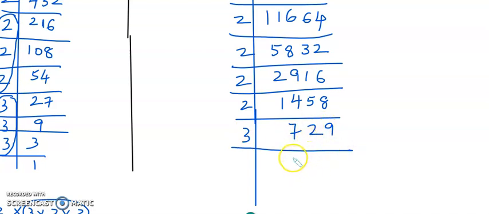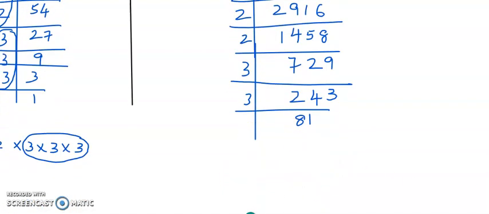Then 3s are 243, oh sorry, my mistake, it'll give me 27,